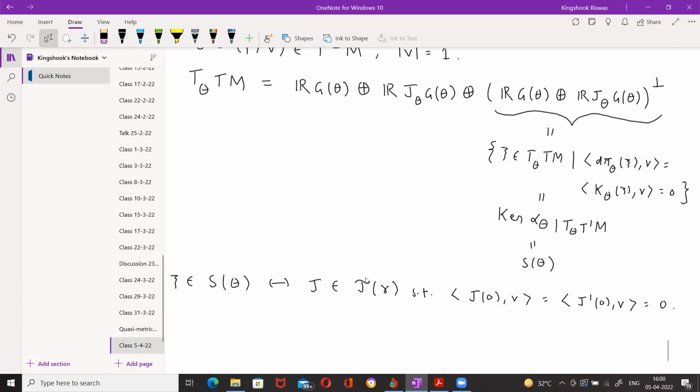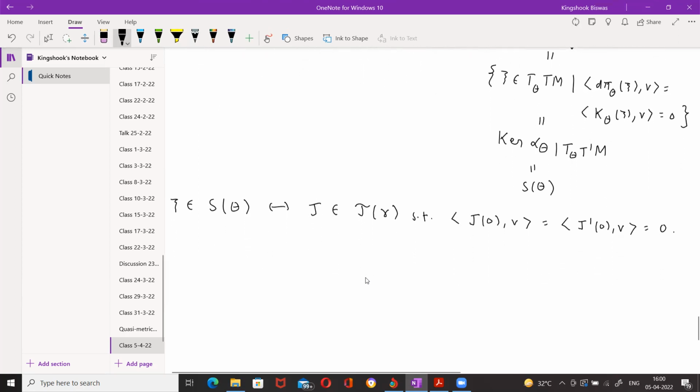So what we get is that basically any, let me call this J0 of gamma. Okay. Let me call this J0 of gamma. So what we get is that thus any Jacobi field, we can write it as R